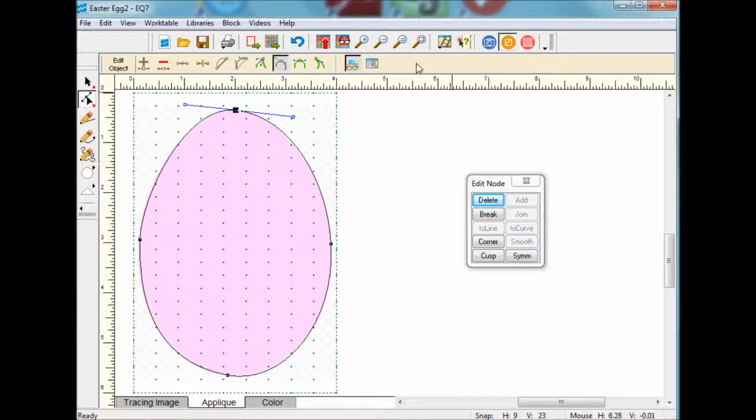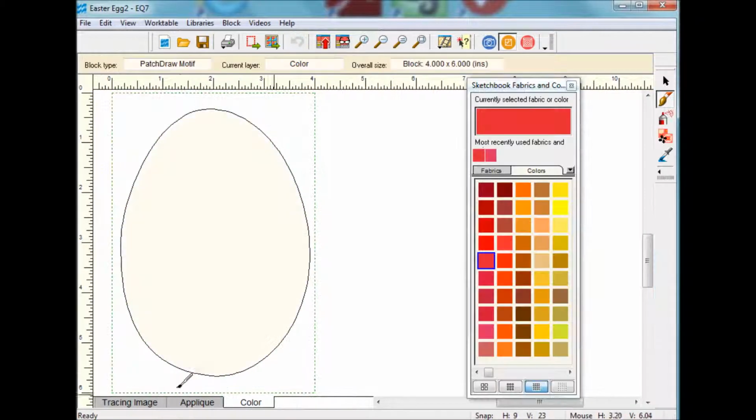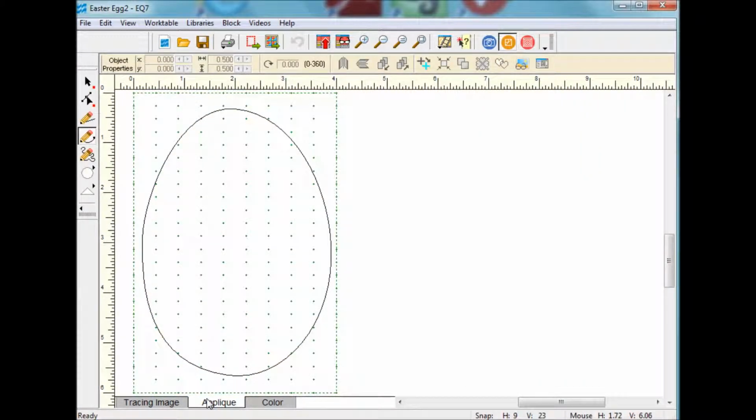And once you think you've got that pretty good, click on the Hide Show Image for tracing and take another look. Okay, now in order to decorate my egg, I decided to just stick with something pretty easy, which would be basically zigzags and circles. And so I am going to create a zigzag, and in order to do that, I want to go back